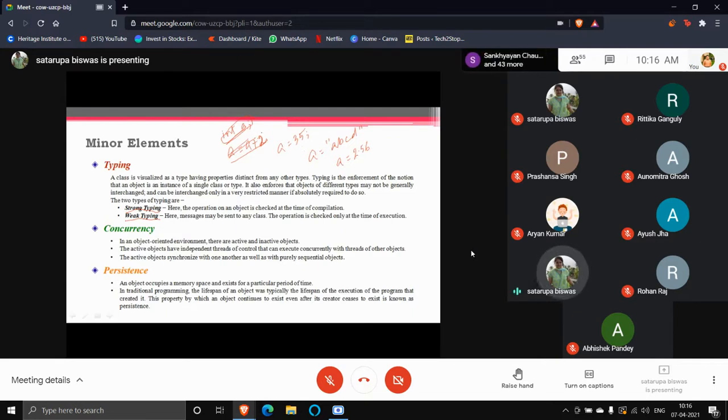Even if we can declare the data like var A, var A means A is a variable. You do not know what type of variable it is. Okay, so var A is a declaration. In JavaScript, it will happen. There are other languages which support this kind of declaration, var A. Without having the var A declaration, your program will run as well.